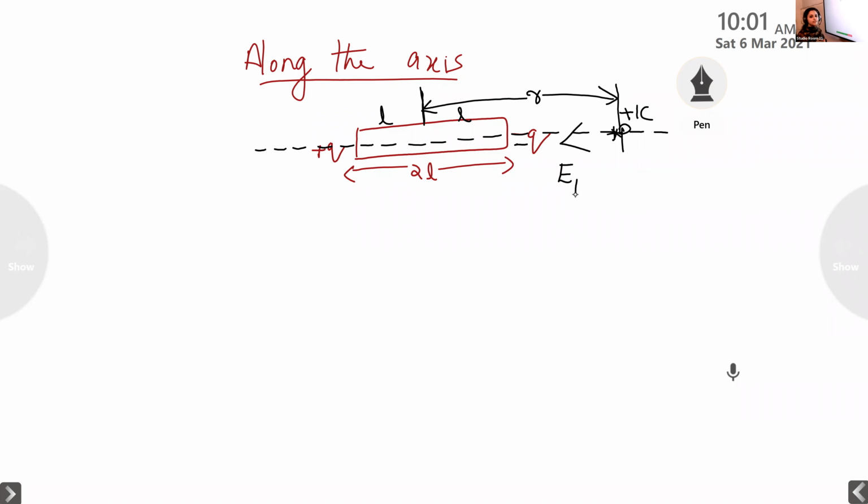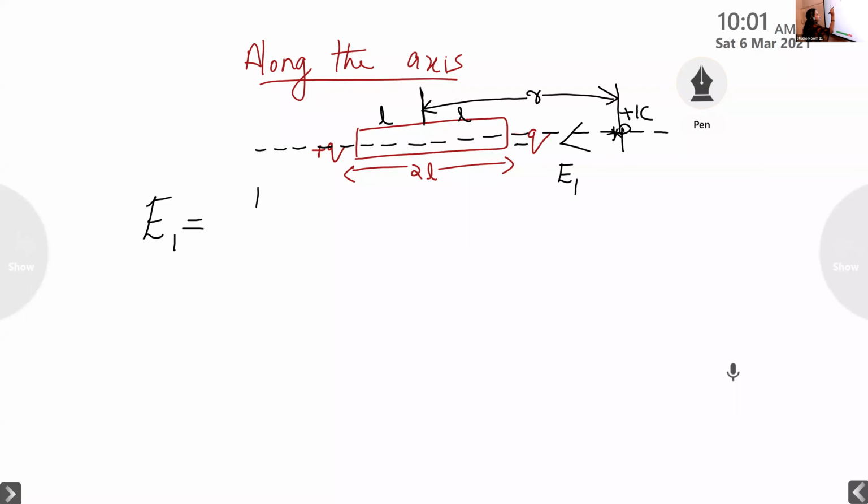It is called E1 because it is electric field intensity. We have already studied what we mean by electric field intensity. It is the force experienced by a given charge and that of a unit positive test charge. Here the given charge is minus Q and the unit positive test charge is plus 1 coulomb. So we can write that the force experienced by them is given by E1. So according to Coulomb's law, what is the equation for E1? E1 is equal to, anyone?